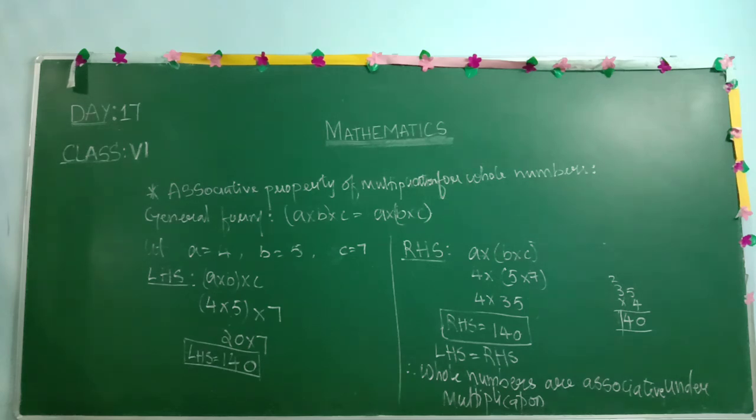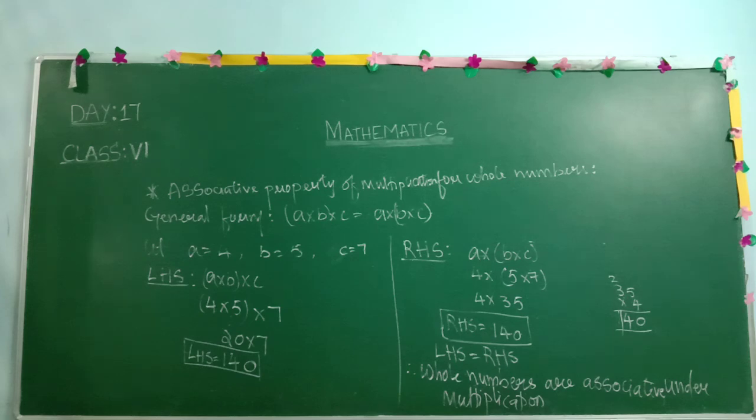For one example, I have given for the commutative property regarding the students and teacher. That is similar to this. In the commutative property you have only 2 terms. In the associative property you have 3 terms, where a, b, c are all whole numbers. As we are performing for whole numbers, we have to take whole numbers. So we found that whole numbers satisfy the associative property of multiplication and addition. So you need to perform multiplication and addition with the associative property by taking your own whole numbers.